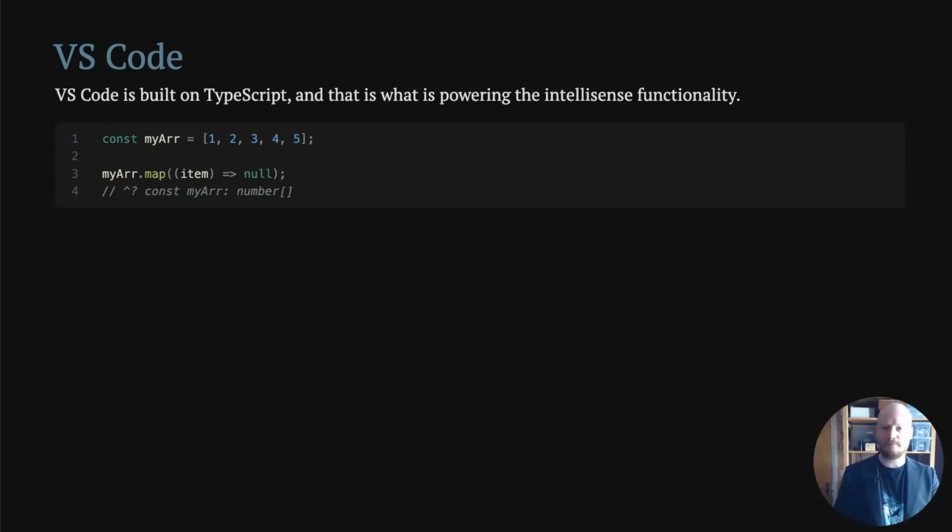So in this example here, if I make an array with a couple of numbers and then map over them, TypeScript, if I hover on the my array, it will say, oh yeah, that's an array of numbers, and I will get auto-completion for .map, because TypeScript knows that, oh yeah, arrays have a map function. So a lot of the auto-completion stuff you already are using comes from TypeScript.